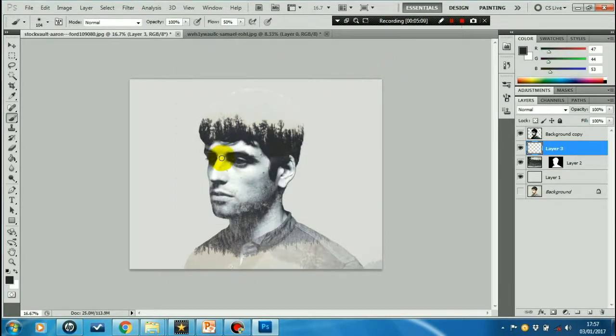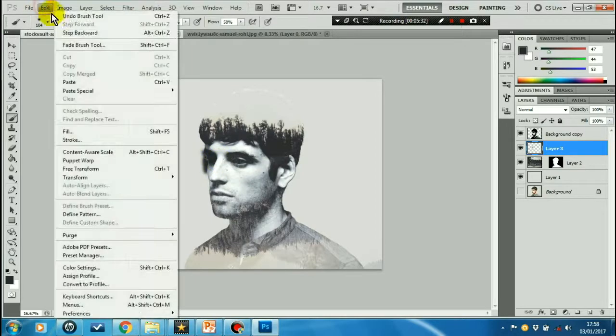I want to make sure that the right layer is selected here. So I've got this layer, yep, I want layer 3 to be selected, and I'm going to draw over any features of the face that I want to keep. But oh, that's something that I don't want to happen. I've started drawing on the background, so I'll just go edit, undo,